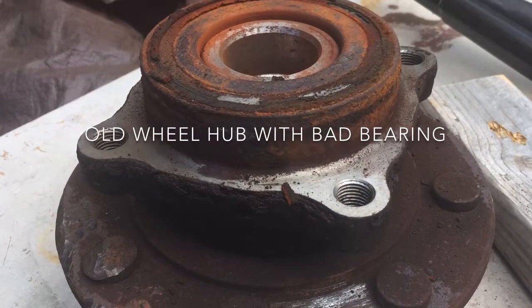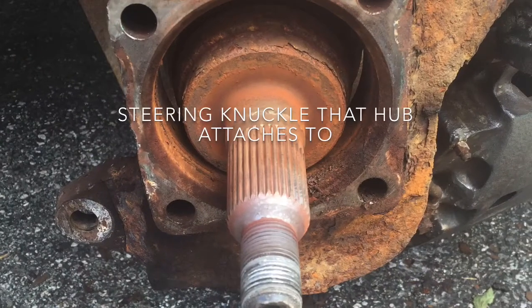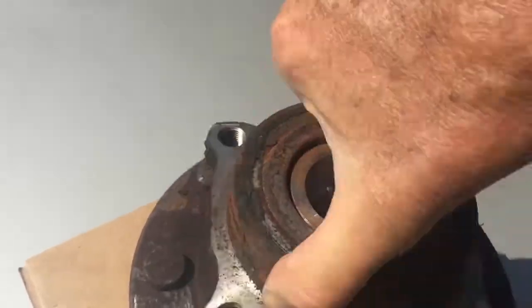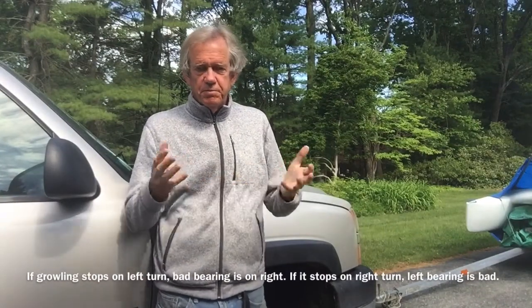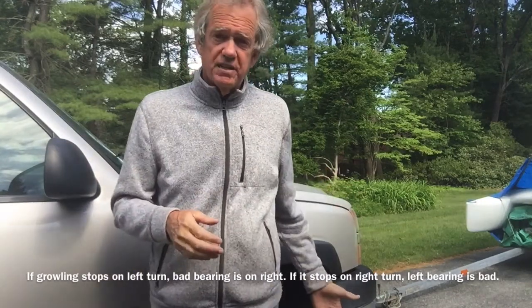This time when I did take the old one off and spun the bearing, I can hear some growling in there when I spin the bearing now. So when I turn it, you'll hear that's the noise that turns into a growl when you're running at 10 to 50 miles an hour. You know, the problem has gotten worse. So hopefully this video is going to help other people do a correct diagnostic of which side is the problem,